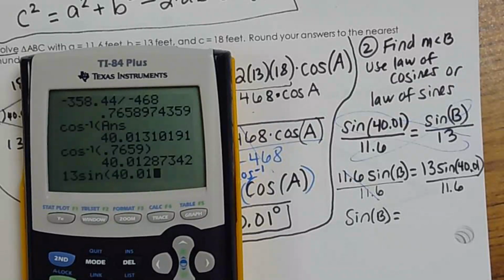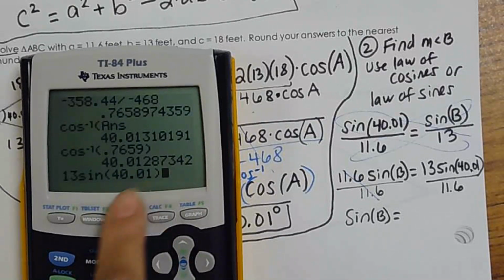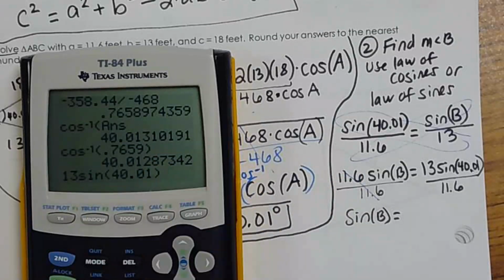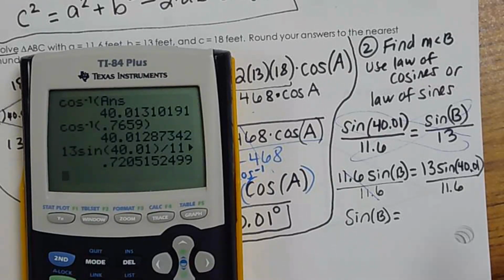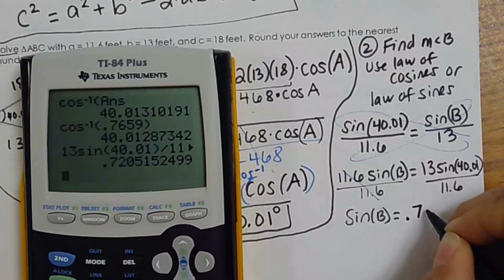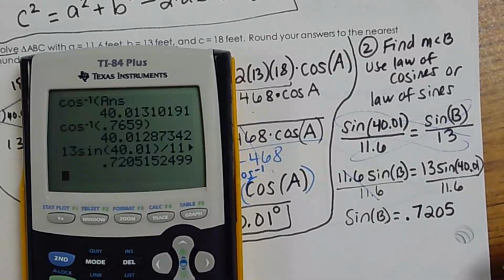And if you didn't want to type in 40.01 and you want to keep the previous answer, that's fine too. It's okay though if you want to write 40.01 and then divide it by 11.6. And we get, again, a decimal answer. Keep a few numbers after. I like about 4 numbers. So 0.7205, and now we're ready to take the sine inverse of it,